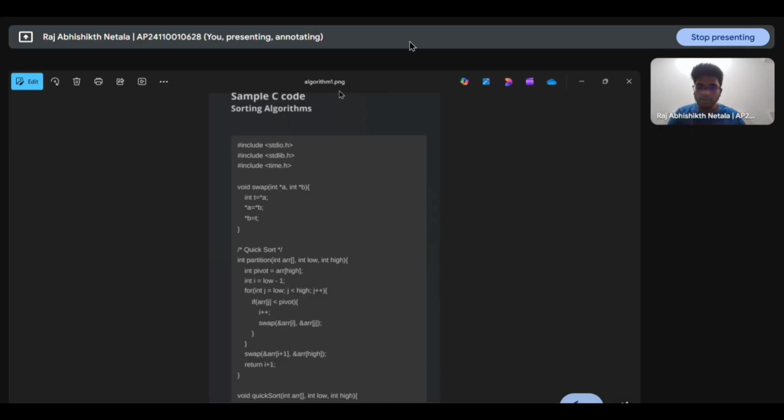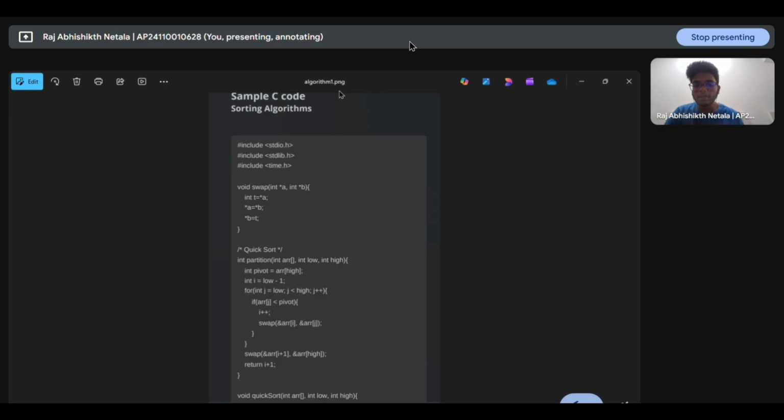So taking a look at here, at first we create a function which consists of three parameters: int array, int low, int high. So int pivot is equal to array high, and then we create a for loop. Inside this for loop, we create int i is equal to low and j is equal to high and j plus plus. And inside the for loop, we are going to compare each number with the pivot element,